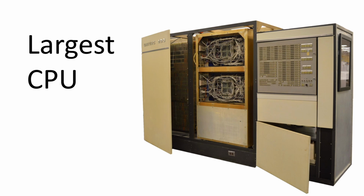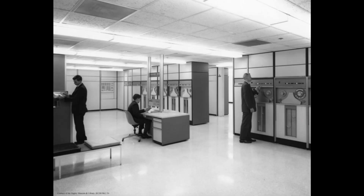The Univac 490 is the largest single CPU that we have in the collection. Here we're looking at a 12-foot long chassis. It is 6 foot 6 inches high and approximately 3 feet deep. So it's a big boy, and that of course is just the CPU. The entire system took up full rooms, and we're extremely lucky that Sperry